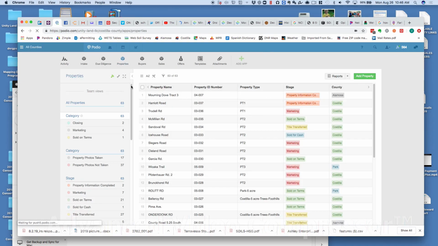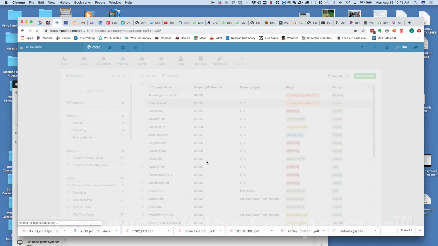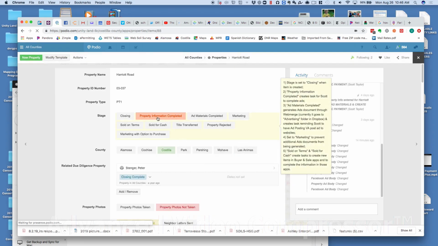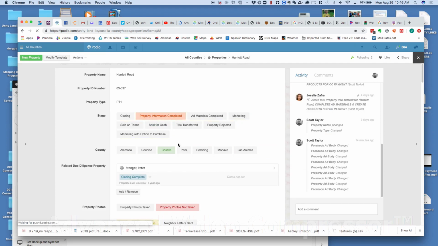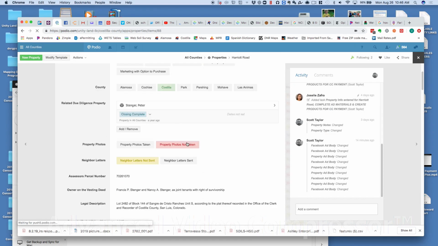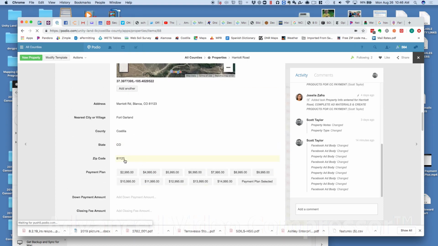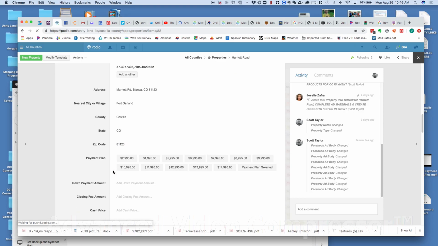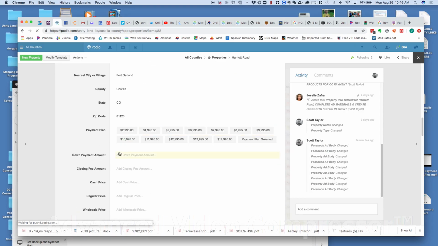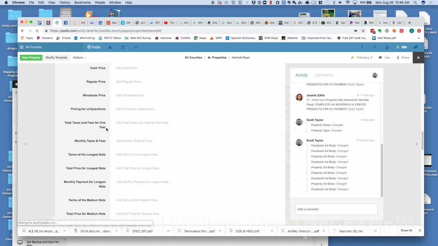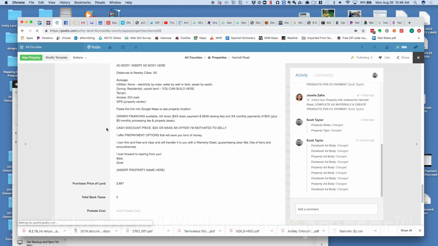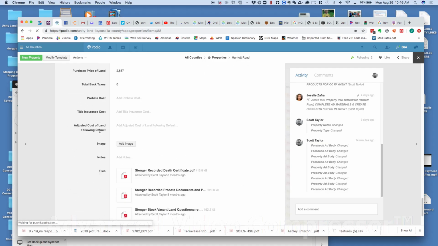Okay, we're in the Properties app here. We're going to look at Harriet Road. As you can see, the stage is set to property information completed. The virtual assistant has entered all of this information all the way down to zip code. Okay, so what we're going to do is populate everything from payment plan down to adjusted cost of land following